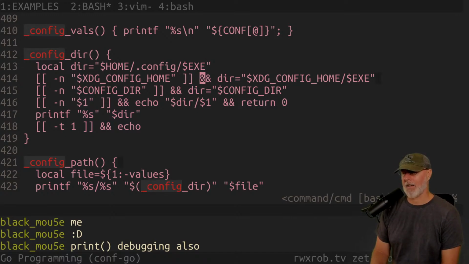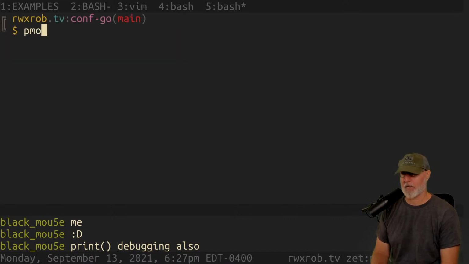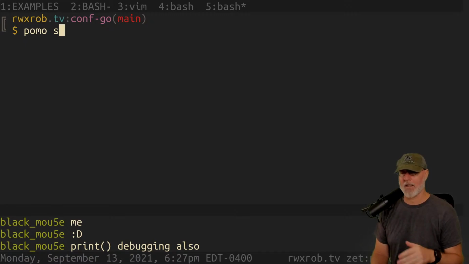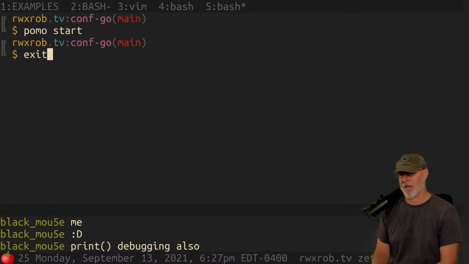So xdg config home. I have to spend a little time talking about this, and I'm going to set our Pomodoro timer. This is a really, really big one. If you are a Go programmer, please pay attention right now. There are so many Go programmers that don't know about this change. The change took place, I think, in 1.16, and it is now the standard way to deal with xdg home config. But so many people don't know about it, and they still keep writing their own, and it's wrong. They're doing it wrong, and it's all been codified in the standard library.